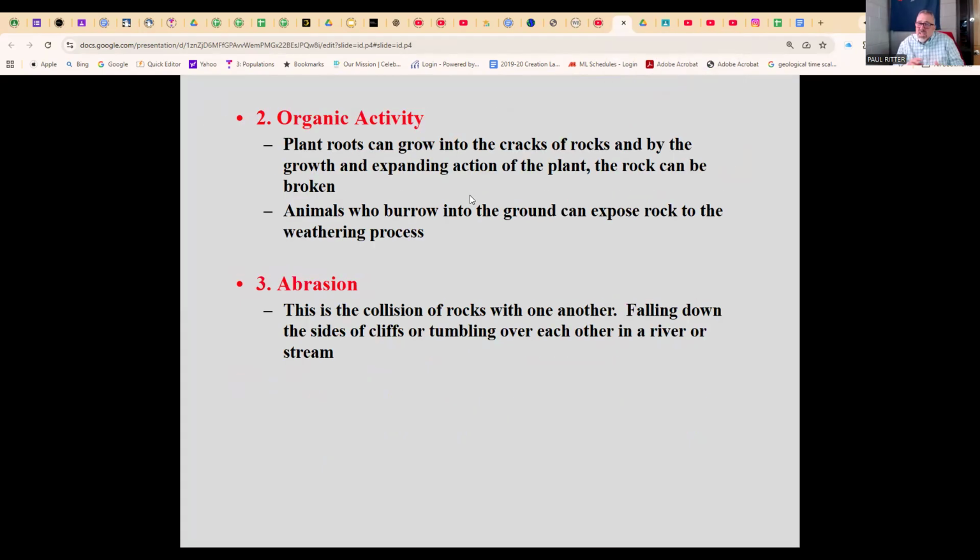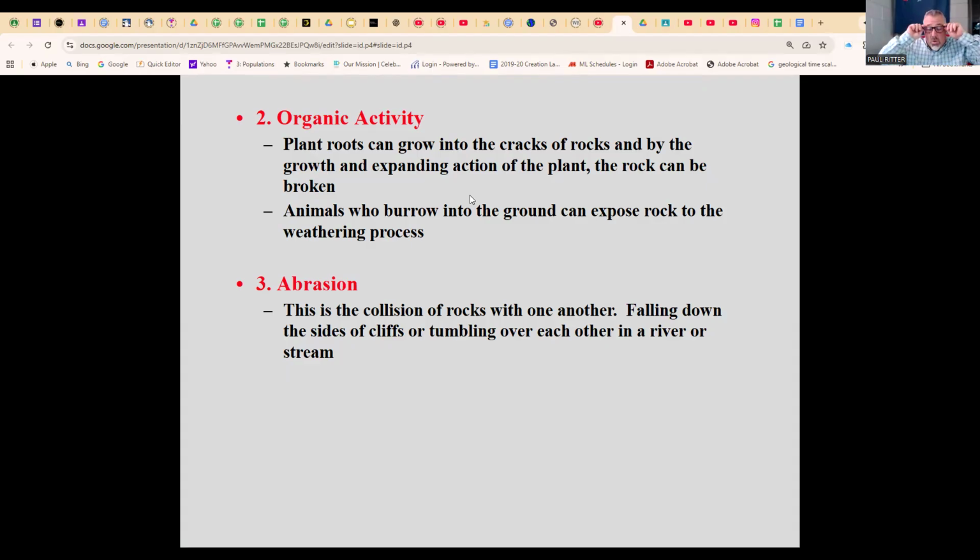Organic activity. Now, here's the thing I didn't talk about with organic activity. A plant goes underneath the sidewalk, expands, gets bigger, cracks it. Great. But the other thing is plants have acids in their roots, in their outer membrane. And so as those little roots get inside that stuff, they produce acids. And as they're doing that, yes, the physical aspect of expanding cracks it, but then there's also a chemical aspect that I'm going to talk about.